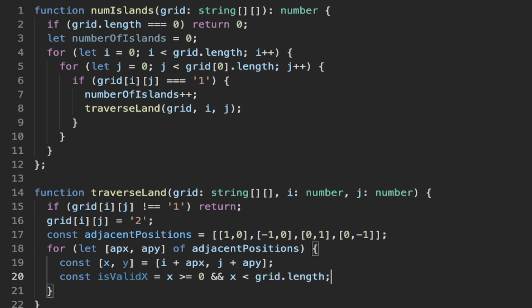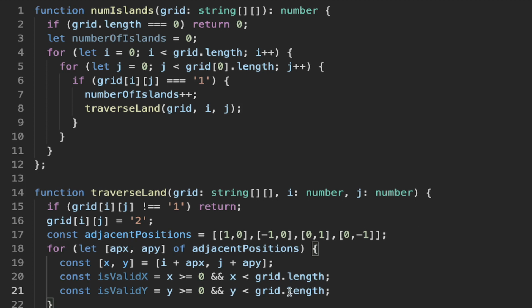And likewise, I might just copy this down here, is a valid Y. So obviously Y needs to be greater than or equal to 0, so it's not above the 0th row or whatever. And then the grid length,